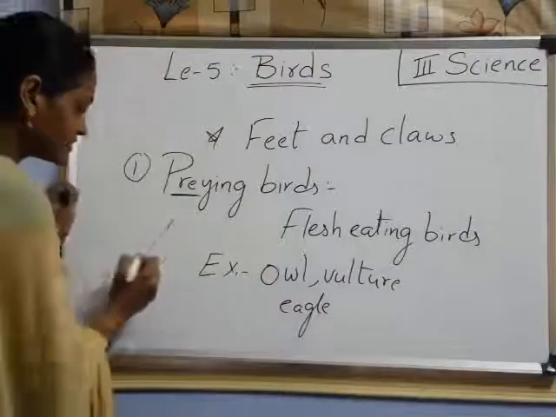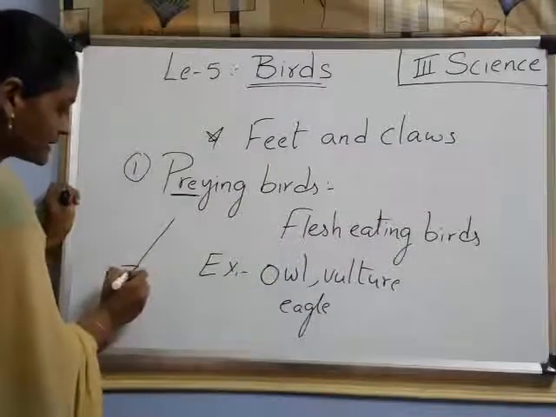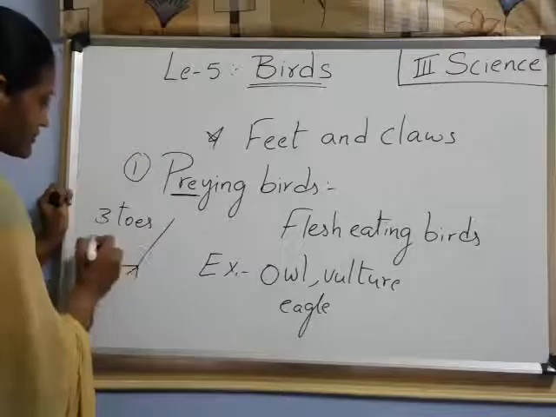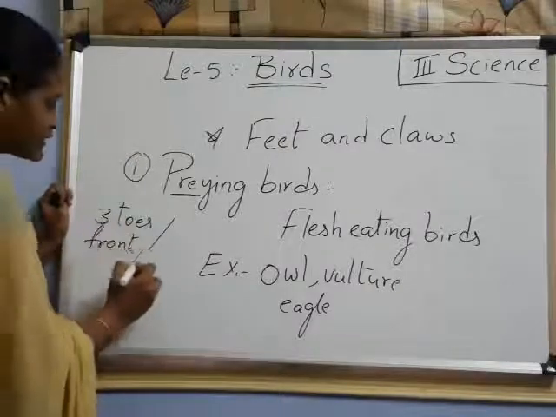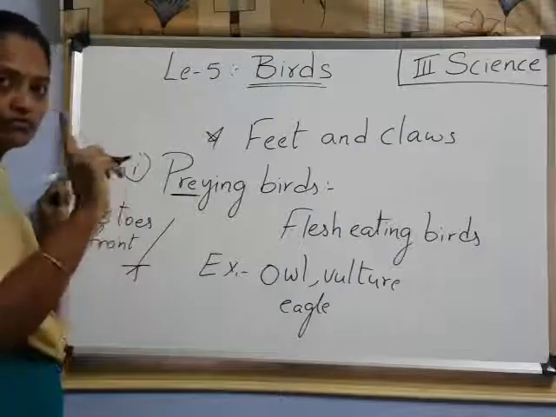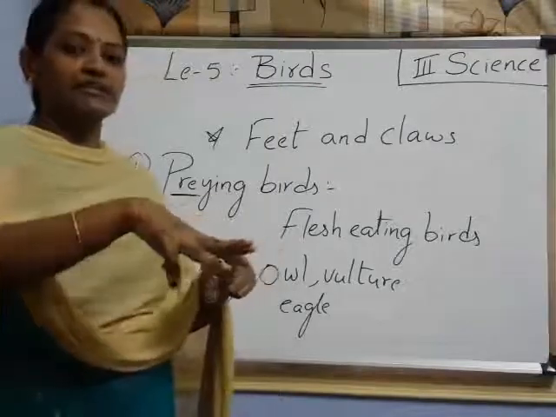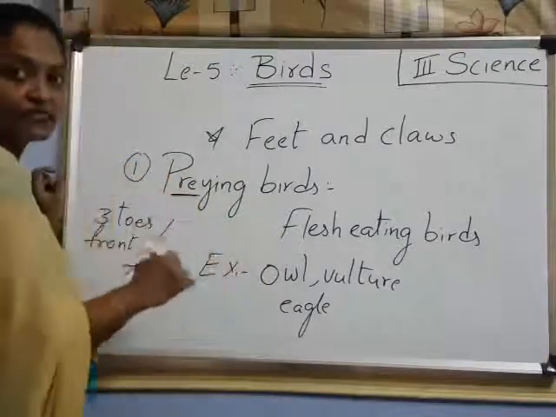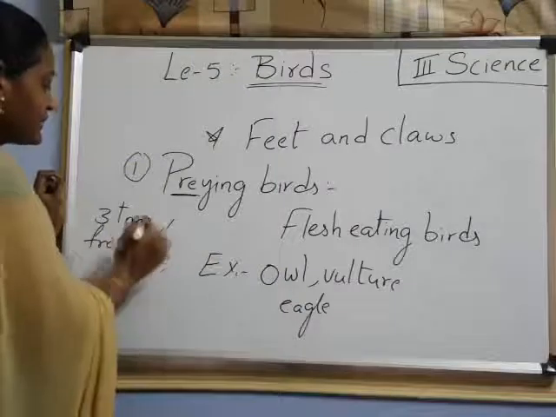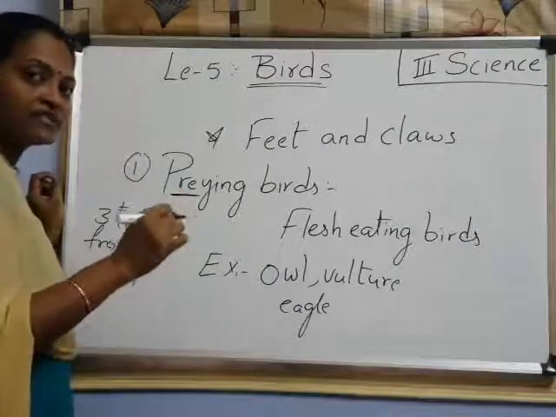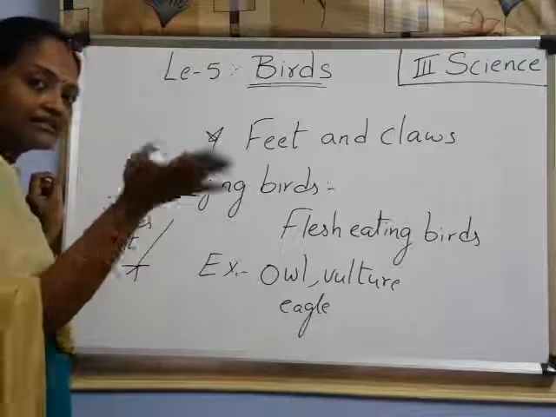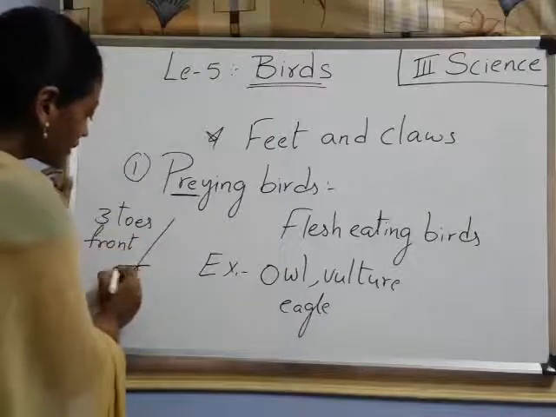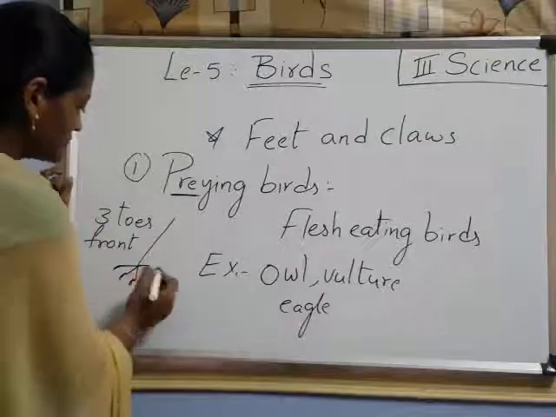So the feet are like this children. The feet have 3 toes at the front. This is the front, suppose. At the front they have 3 toes and at the back 1 toe. Like this, suppose. 3 are there at the front and the back has 1. Only 1. So total 4 toes are there for the feet of a bird. Understood? Here for the feet of birds, how many toes are there? Total 4. 3 are at the front and 1 at the back. Now these toes have sharp claws, curved like this.